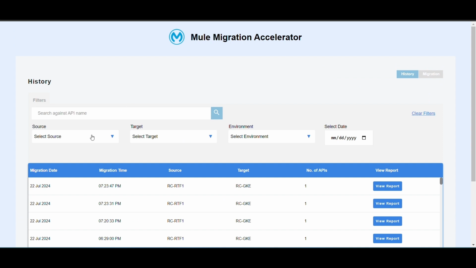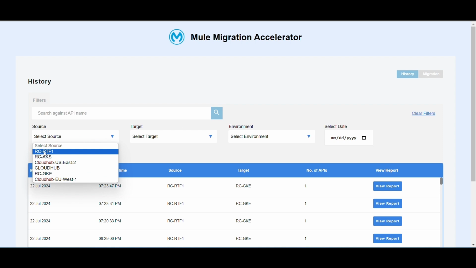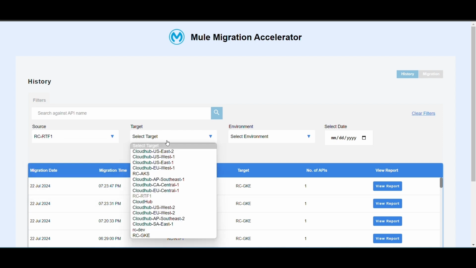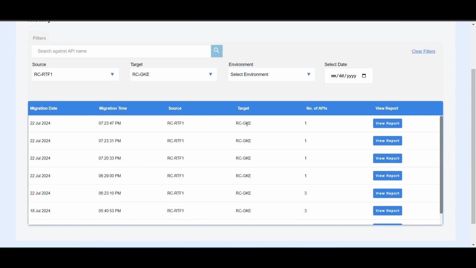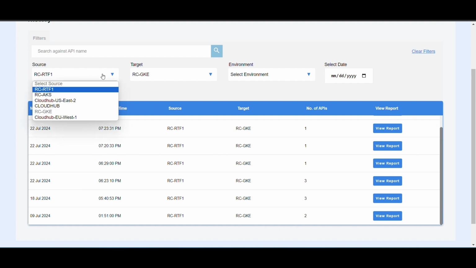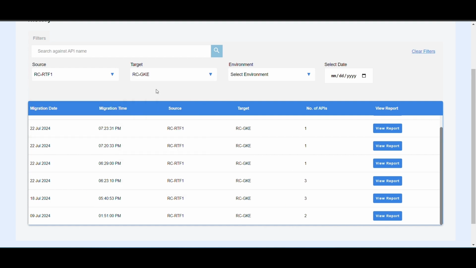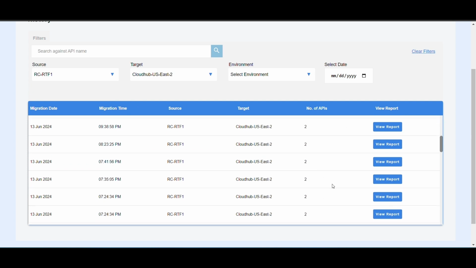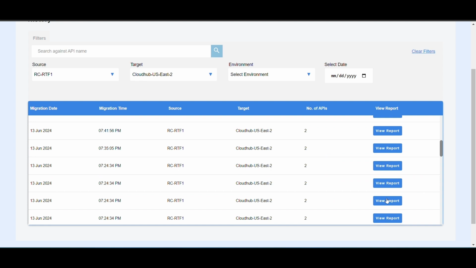And so on. So you can even filter it out based on source and target. For example, I do this. So we've done a few of them like this with the RTF to self-managed Kubernetes. You can also check against this, right? So previous one way back. So if I want to check one of these,